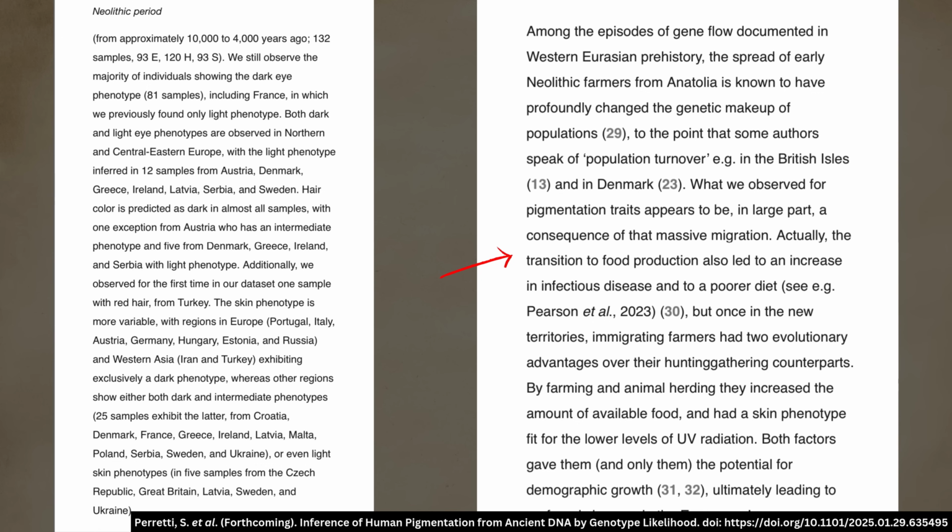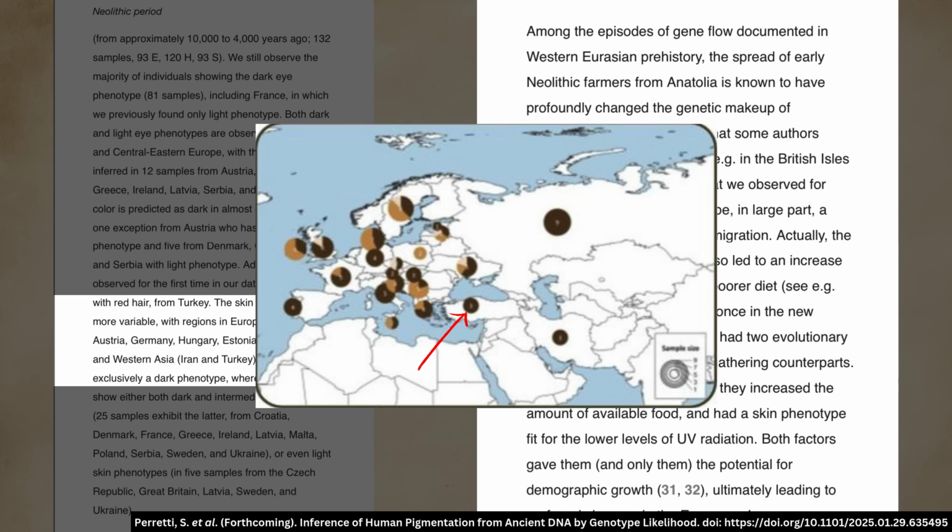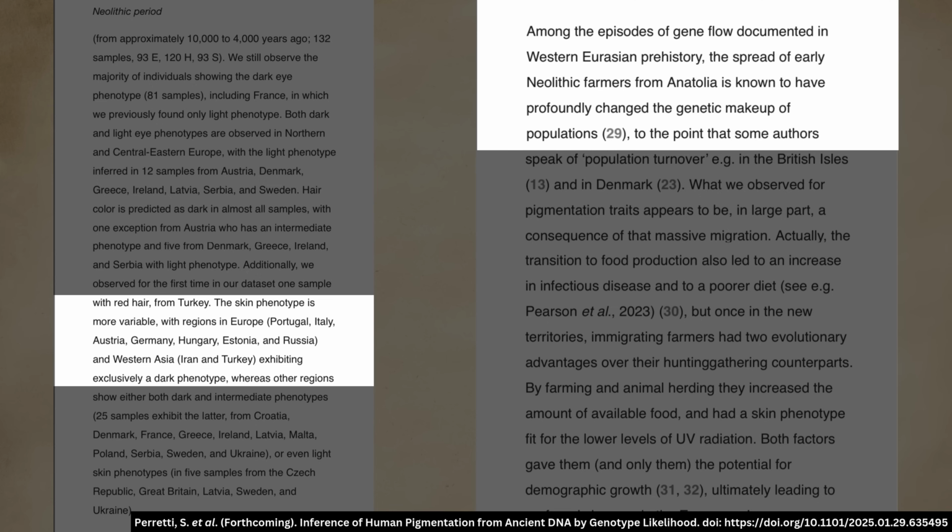The researchers do say in their discussion that the incoming Anatolian farmers impacted on the phenotypic traits of the Europeans, including skin color, but this doesn't match the predicted skin color they presented in the study. We see the paper state here that people in Turkey during the Neolithic had a dark skin phenotype. We can also see the color they predicted here. But then the paper later states, I quote, "Among the episodes of gene flow documented in Western Eurasian prehistory, the